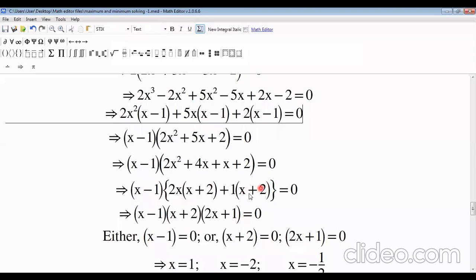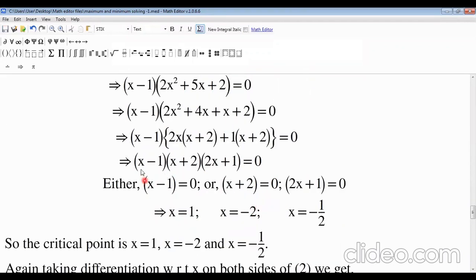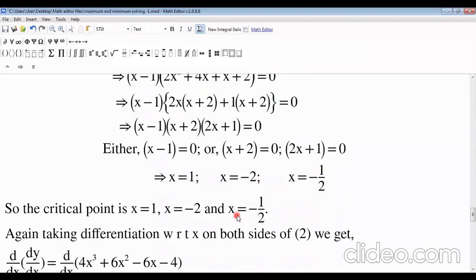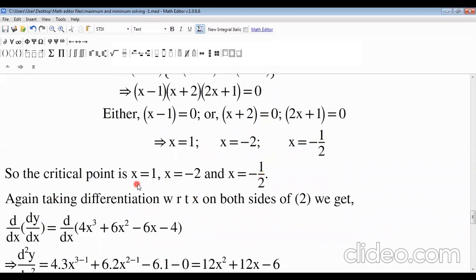Again x plus 2 common within the second bracket, we get at last x minus 1 into x plus 2 into 2x plus 1. So there are 3 factors: x minus 1, x plus 2, and 2x plus 1. Solving for x, we get either x minus 1 equals 0, or x plus 2 equals 0, or 2x plus 1 equals 0. So we get 3 critical values. The function will have a maximum or minimum value at any of these 3 points. So the critical points are x equals 1, x equals minus 2, and x equals